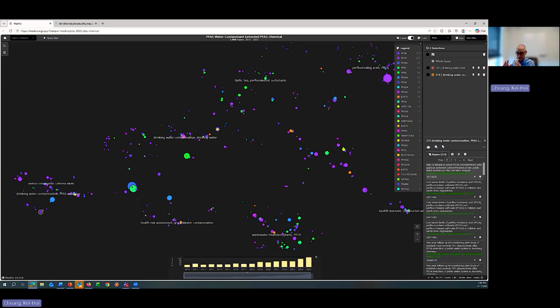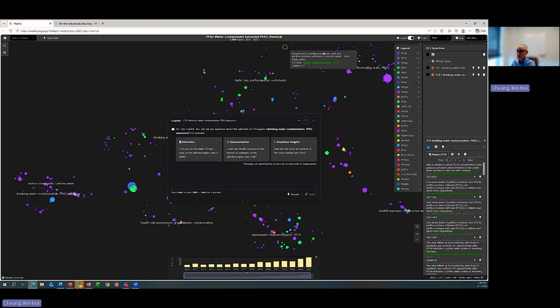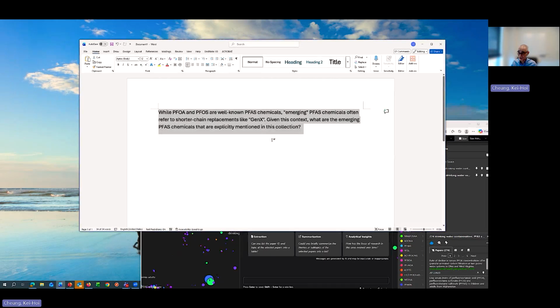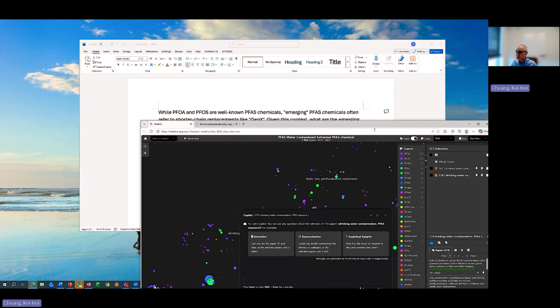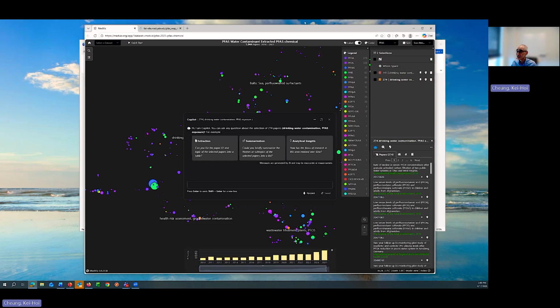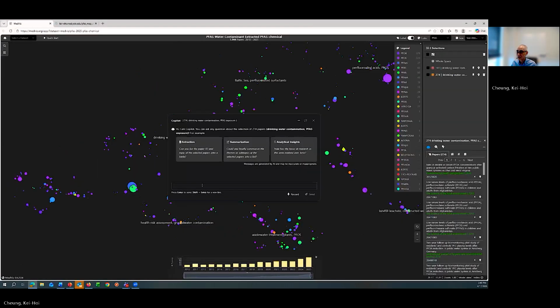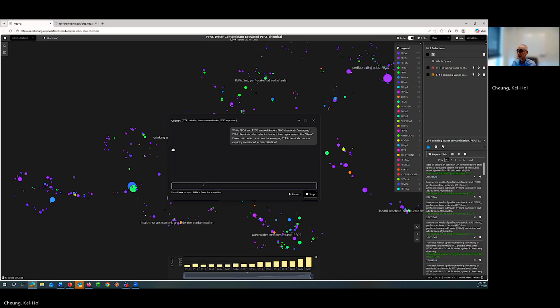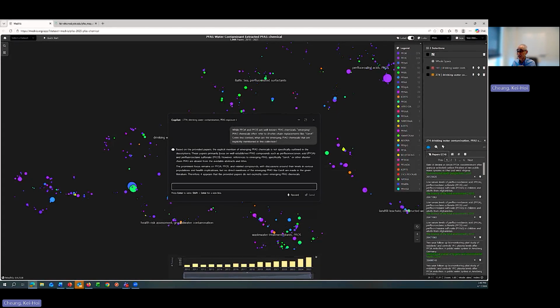and I can export this collection in JSON format for downstream analysis, or I can use this chat box feature to pose a natural language query. So I have prepared a query. To save time, I just copy and paste. So this will take maybe 30 seconds to return the results. So basically, in this case,